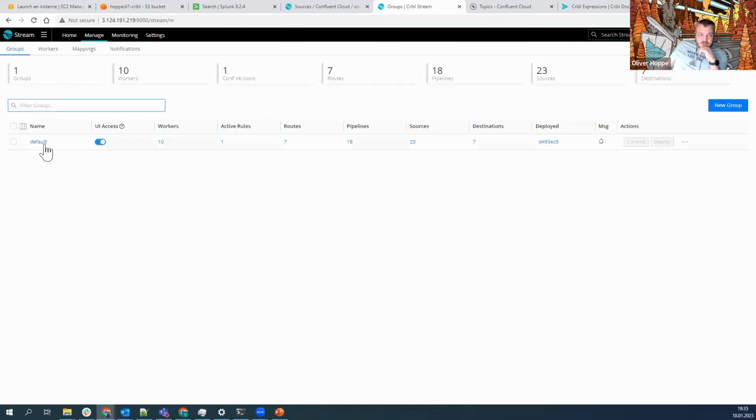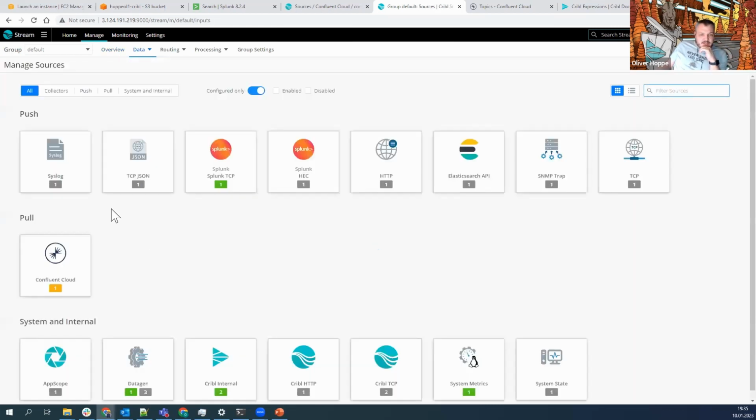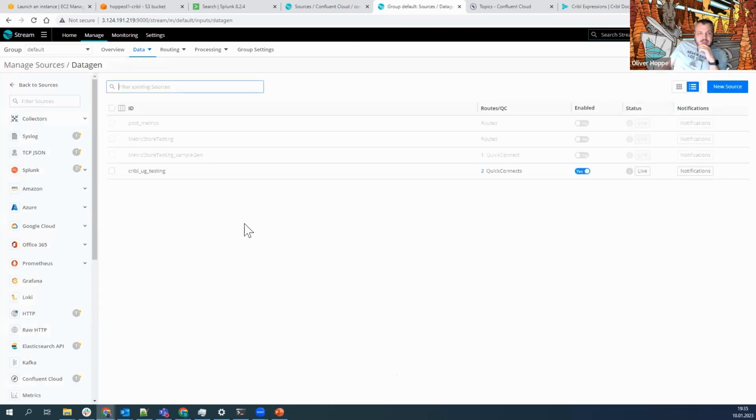Going back to manage to our default here. You've seen already like a small spike because instead of 1 worker, we now have obviously 10 workers, which means we have multiplied our traffic by 10, obviously, right? So if we go back to sources, DataGen,